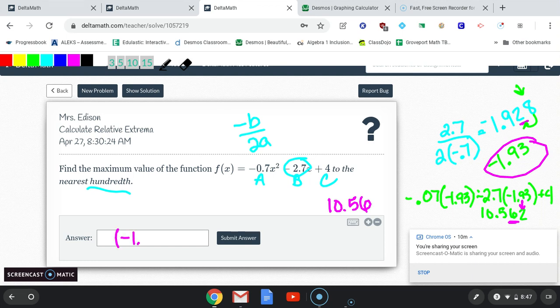So negative 1.93 and then 10.56. I know you're going to get frustrated on this if you don't round correctly. So remember the steps: you use your negative b over 2a, and then you take what you get and you plug it back in for